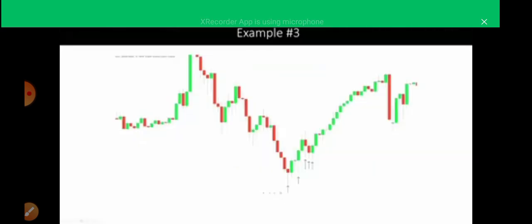Our final example here is on Euro British Pound on the 15-minute time frame. Now, you can